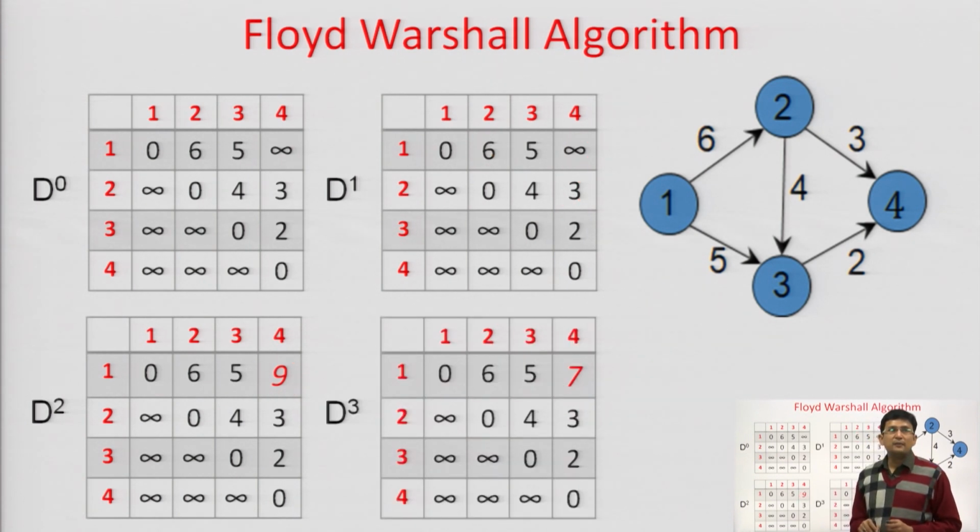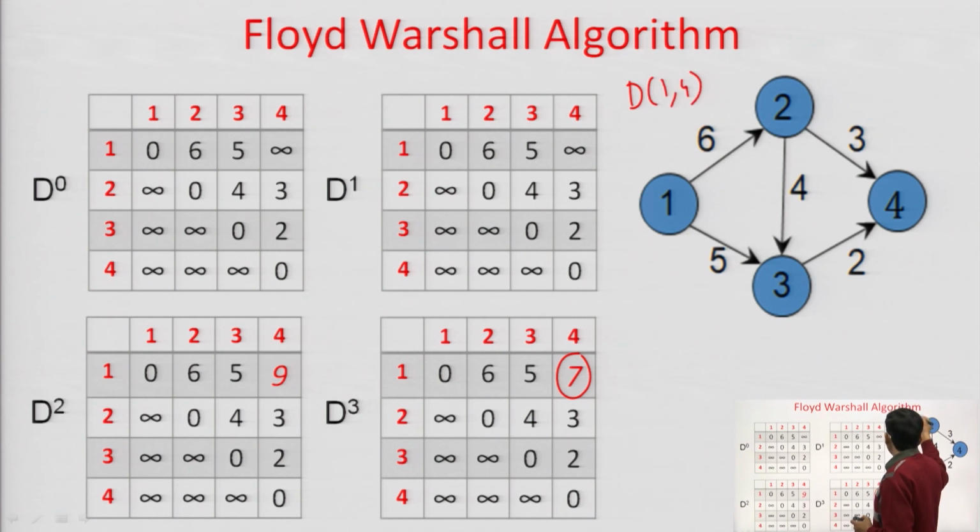Next case में हम क्या करेंगे, हम अपडेट करेंगे D3, माने कि थर्ड वर्टेक्स को आप मीडिएटर लेंगे. अगर आप थर्ड वर्टेक्स को मीडिएटर लेंगे तो अगेन यही एंट्री जो पहले 9 थी वो अपडेट हो गई 7 से, सेम फार्मूला से. मतलब कि आपको क्या करना है कि 1 से 4 एंट्री फाइंड करनी है. तो हो सकता है कि 1 से 4 डायरेक्ट मिनिमम हो, या फिर 1 से 3 चले जाइए एंड देन 3 से 4 चले जाइए.